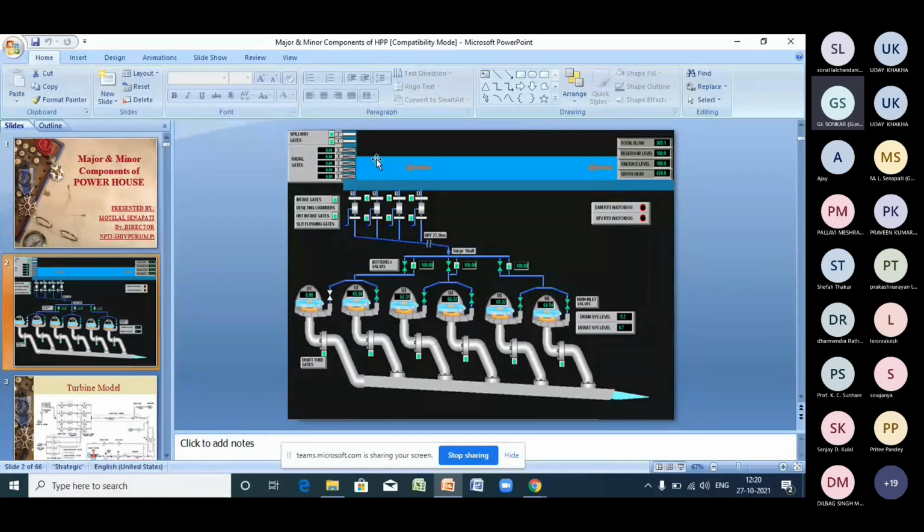Then we have 4 intake gates from where we are getting the water from the reservoir, and we are sending the water down to the turbine, where we use the energy of the water to produce electricity. Meanwhile, while the water is traveling from the intake to the turbine, you know, in the Himalayan region there is silt available in the water. So in the Satluj, at our Naptha Jhakri power plant, the reservoir is at the upper end of the Satluj river. Most probably, you have muddy waters there.